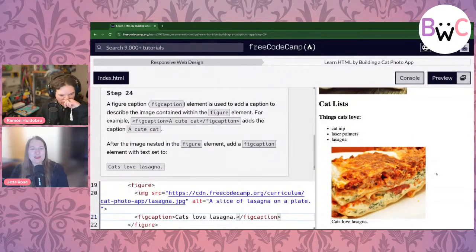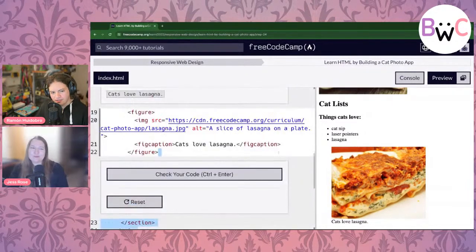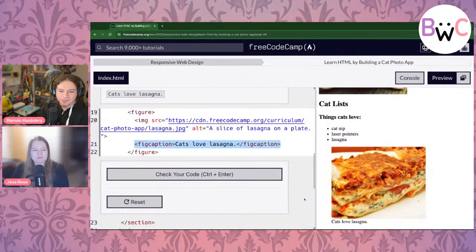But here's a question, Jess. Oh, no. What's the difference between alt text and a caption? Hmm. So I might leave off alt text if the caption is associated with it. It would say the same thing. So alt text is describing the image, whereas the caption is giving context associated with the image. That makes sense. Cool.